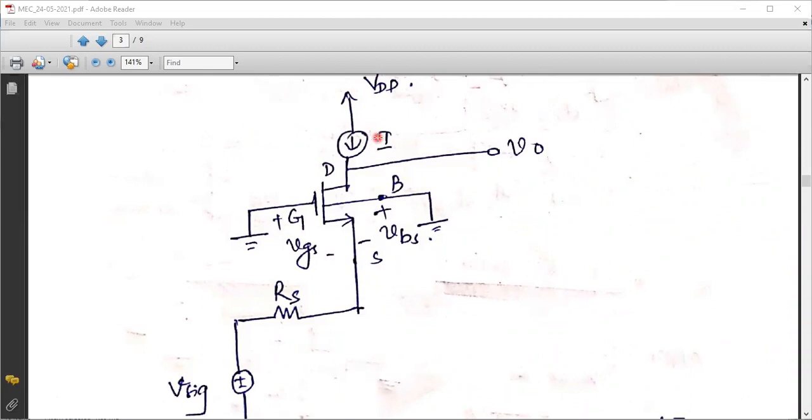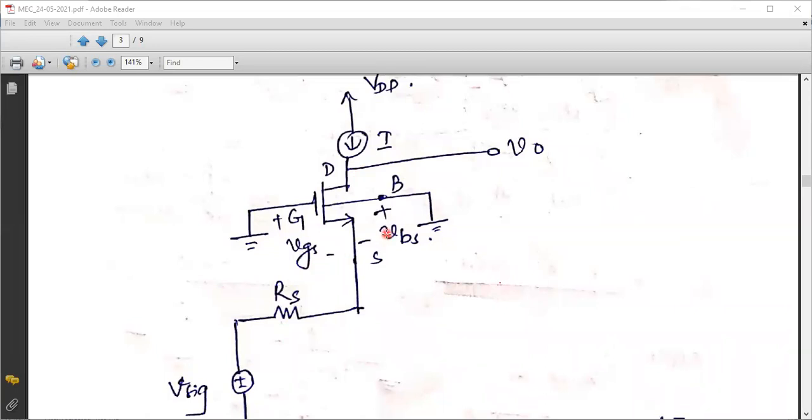How you will set capital I, we have already discussed in our previous classes of this particular module. That is, capital I will be generated by using Q2 and Q3, which act as a current mirror circuit. So those two transistors are acting as the active load, and this active load will be connected to the drain terminal with a supply voltage VDD. So this is called the common gate configuration.